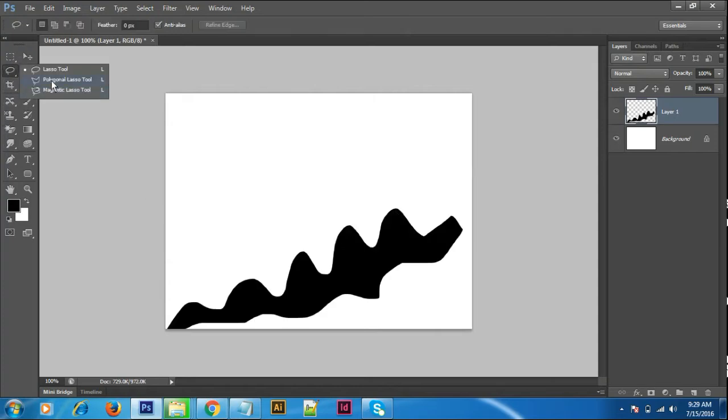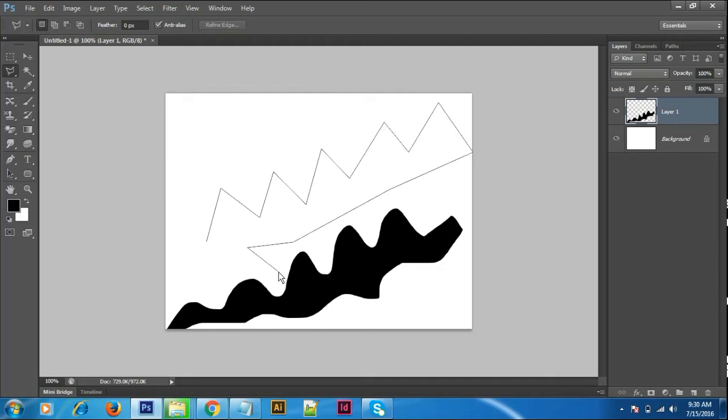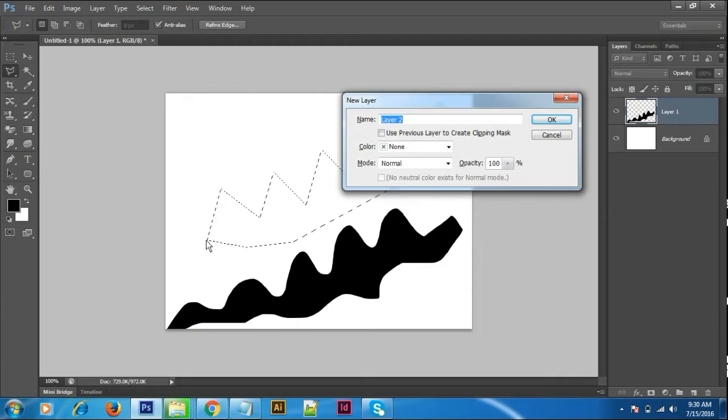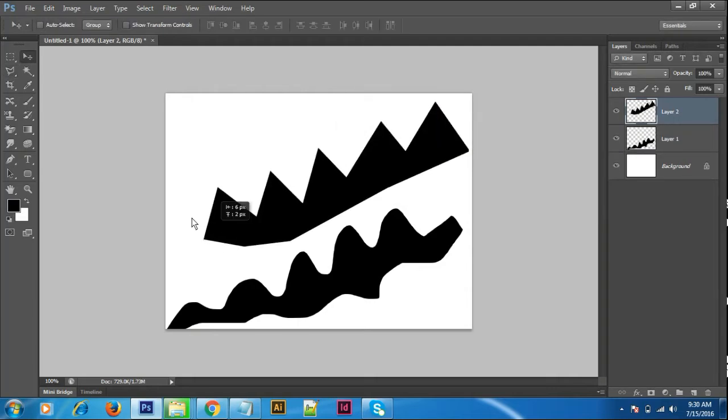Fine. Now taking the polygon lasso tool. What is the polygon lasso tool? We can make a shape step by step. Okay, that one was in curves, and this is polygon. That is a curve. This is the lines, straight lines. Yeah. And where is our starting point? This is our starting point. When you go to the end point, then automatically it will show an O. O is nothing but the out point. When you click the point, then automatically the selection will be formed. Again, I am taking a new layer and creating any color. These are the styles.